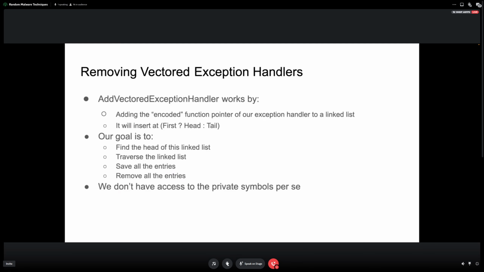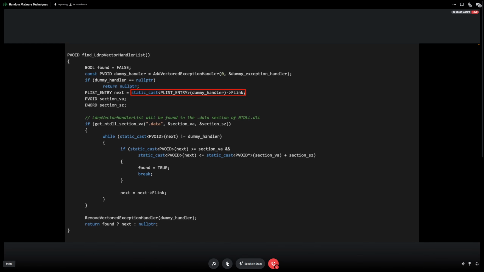So first things first, we want to find the head of this linked list. What we can do is add a vectored exception handler, since we know that this is a linked list, so we just add a dummy exception handler, and this returns a pointer. This pointer is actually just part of the structure, so we can cast it, and the first member of the structure is a PLIST_ENTRY, which is just a linked list entry, and then we can iterate through this